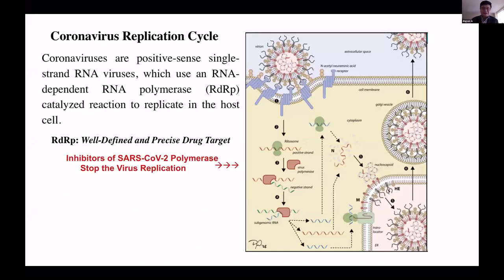So we heard in previous talk a lot of the genomics of this virus. This virus, from the molecular level to analyze, it is actually a very simple virus, much simpler than the flu virus. It has a single piece of RNA, positive RNA genome, and then it uses the RNA-dependent RNA polymerase to replicate in the host cell. So this is a RNA polymerase. It's thus a well-defined and precise drug target because in human host, we don't use RNA-dependent RNA polymerase to replicate our